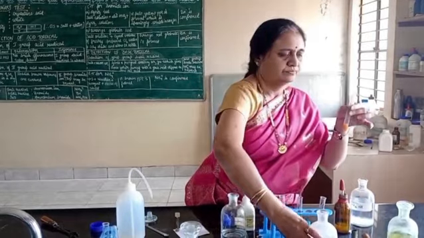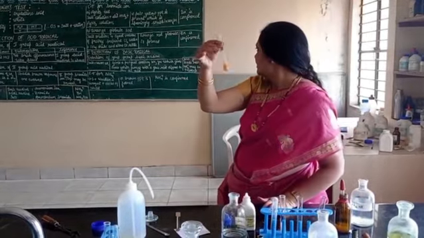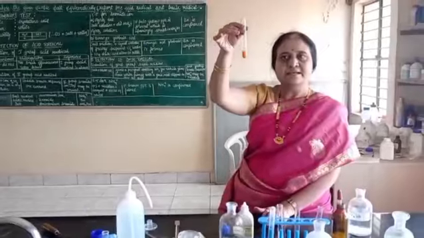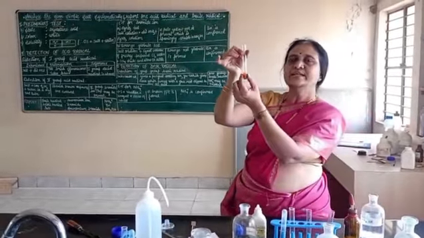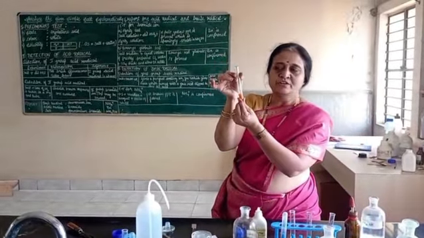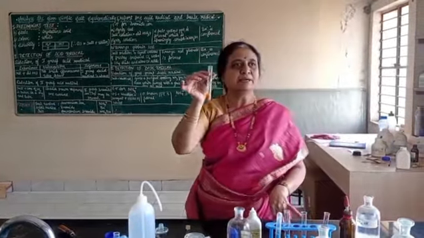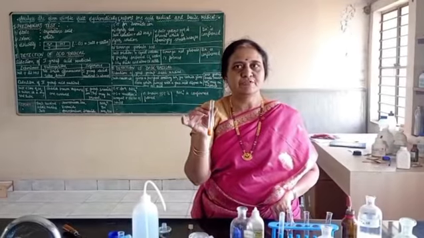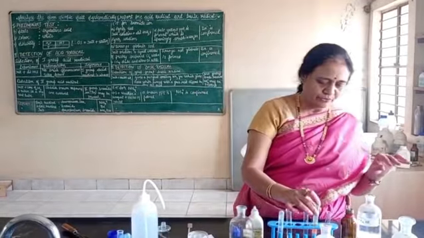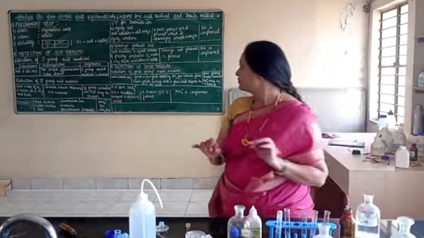Now see the test tube. Salt plus NH₄Cl reagent plus excess of NaOH. You are getting a brown precipitate. Formation of brown precipitate indicates that the given basic radical is NH4 plus. And now we have to report the salt. So the report is